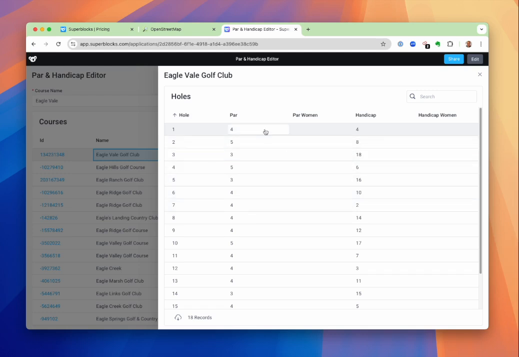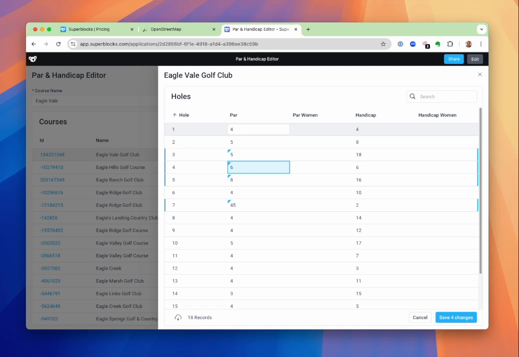handicaps. So now, instead of having to click through all those lines manually like I was showing before, these are already done, but you can just click through them one at a time. So I can say if this was a 4, I just enter 4, 5. So again, you're going off of the scorecard and entering this information in. Those aren't real pars. I'm not gonna save this. But it's that quick to just go across the row on the scorecard, look at what all the pars are, and enter them in here versus having to go through that process of clicking on every one of the lines